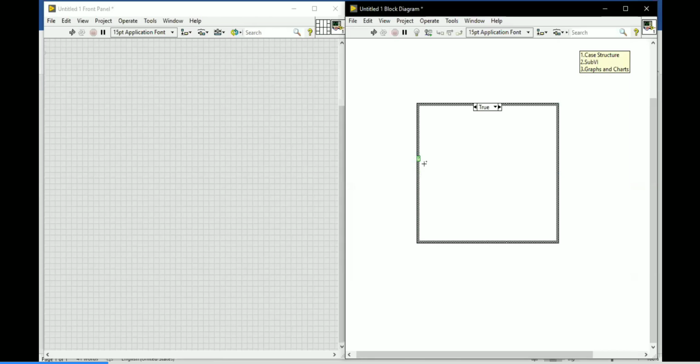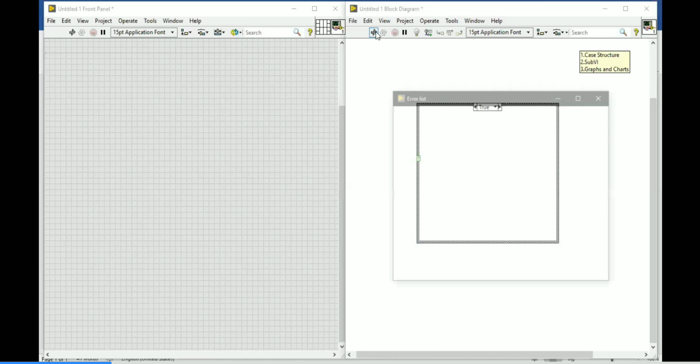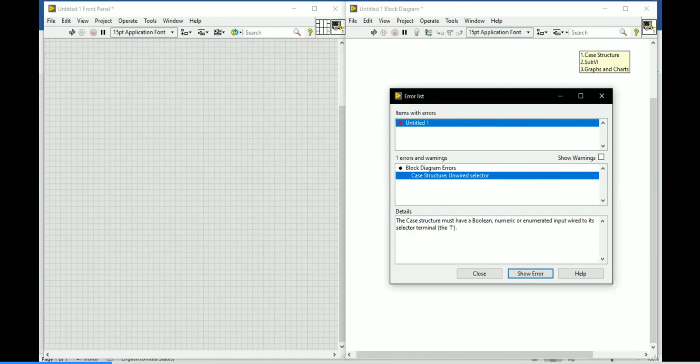In the case structure, a total of two terminals are available. Very important, two things are available. This is the selector label, kindly make a note of that, because it is very important in a case structure. You can't type anything over there. Based on the data type you connect here, it will change automatically. I will tell all those things one by one. This selector terminal is a required terminal. If you do not connect this terminal, you will get a broken run arrow, and an invalid selector will be shown.